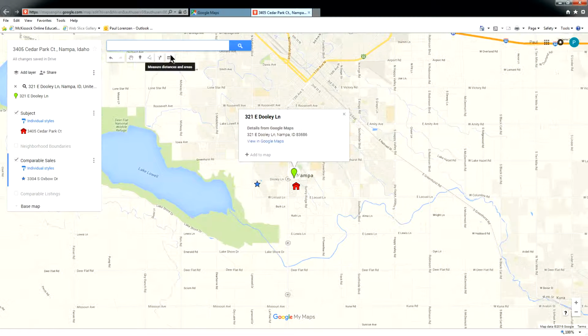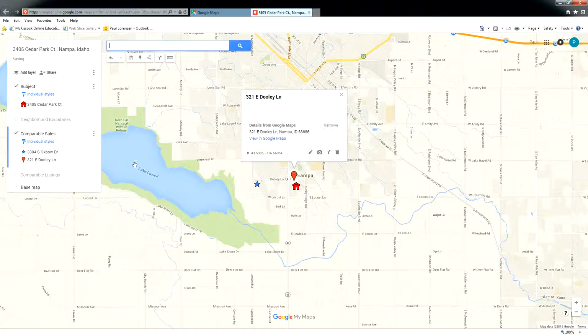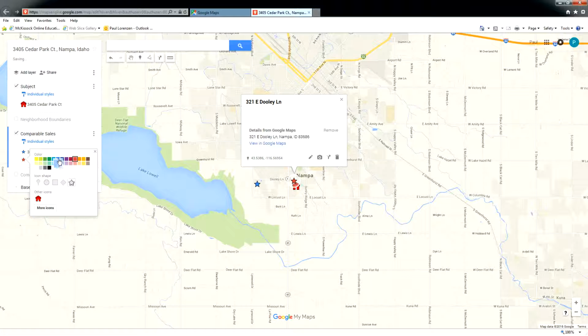So I'm going to select that one, add to map again, make it our blue star, and then add our next comparable, 585 West Mulberry Loop, Nampa, Idaho. And you can notice that I didn't click off of the comparable that we just added before I typed in here, which means it's not going to automatically find anything. I can just click search,